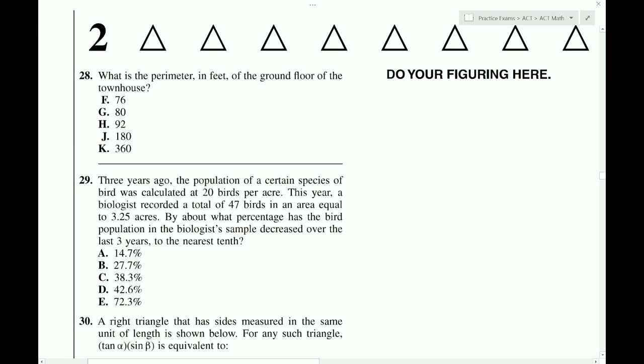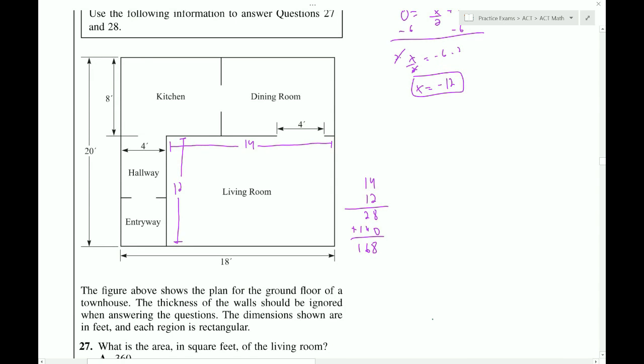What is the perimeter in feet of the ground floor of the townhouse? So we have to find the perimeter of this thing. So let's do a little erasing here. I'm not sure if they just want the outer edge. Let me see here. It's kind of hard to say, but let's assume they just want to know the outer edge,